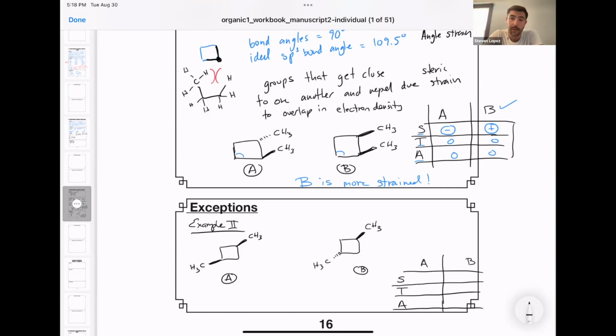So the steric strain for both A and B is almost the same. Okay, so instead of giving out a full positive, maybe we give it a positive 1/2 for B. These not only are further from each other, but have the same trans relationship that you saw in the previous example, molecule A. So this has a minus in the same way. Torsional strain is identical. You have just as many eclipsing interactions in A and B, just like you did in the previous example, so 0 and 0. The angle strain is also the same because the bond angles are 90 degrees, which deviate equally from the 109.5 ideal angle.